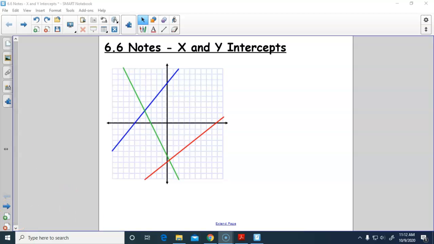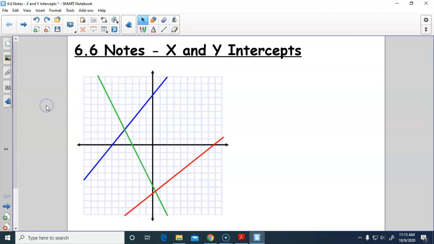Alright, in this section of notes, we are going to be looking at x and y intercepts. We've already talked about y-intercepts a little bit. We should be familiar with those. We said that a y-intercept